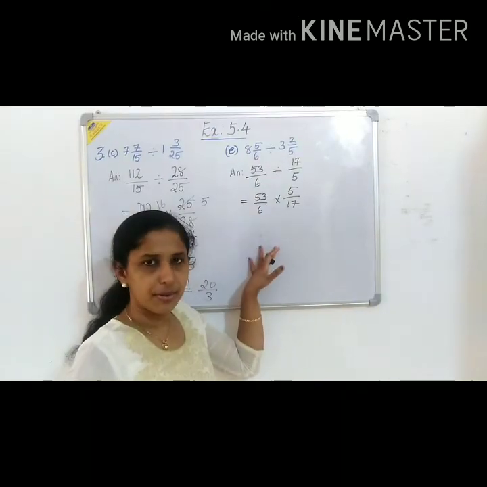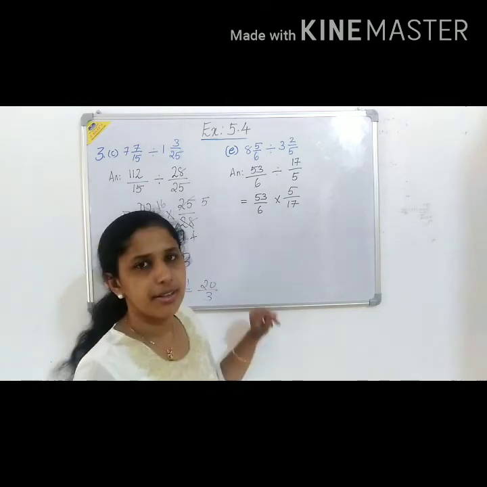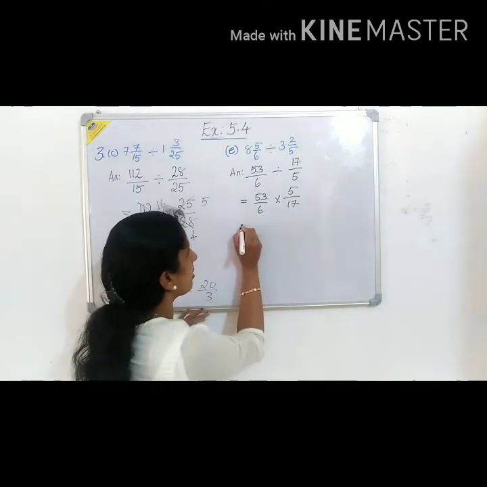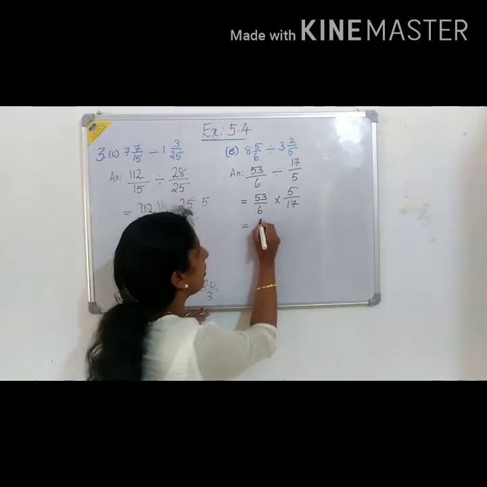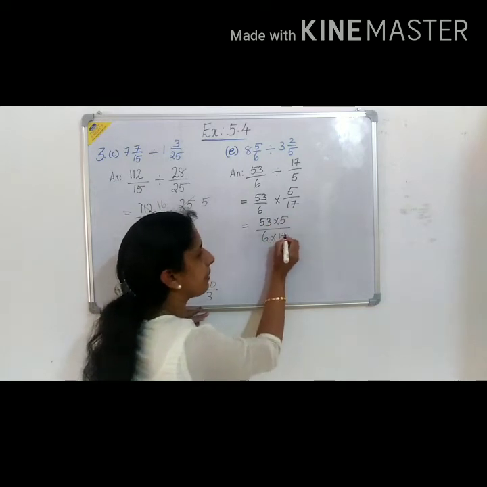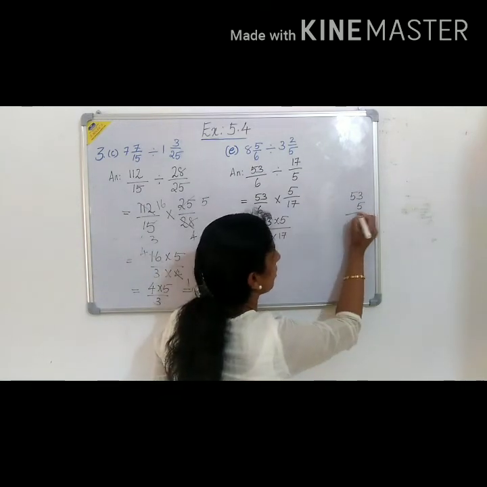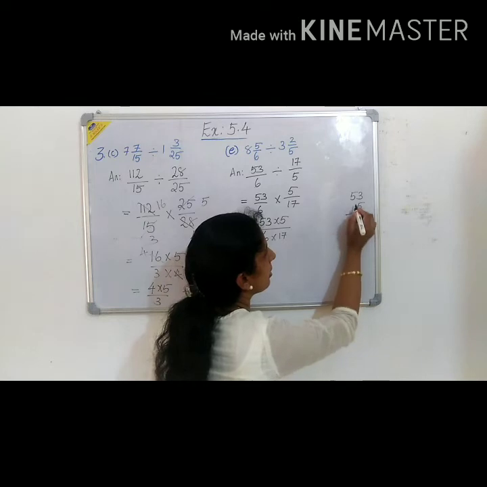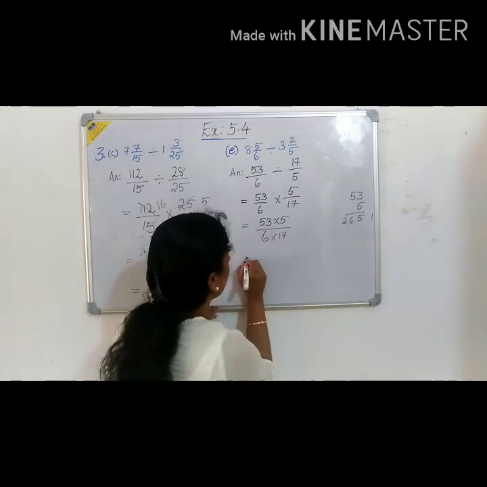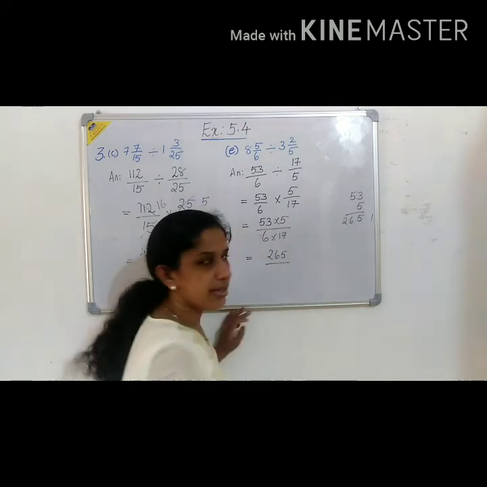Can we cancel anything from the numerator and denominator? We can see here 5 and 6, 53 and 17. Nothing is there for cancelling. So directly we can multiply. This is equal to 53 into 5 by 6 into 17. We can multiply here 53 5s. 5 3s are 15, 1. 5 5s are 25 plus 1, 26. This is equal to 265 and here 6 into